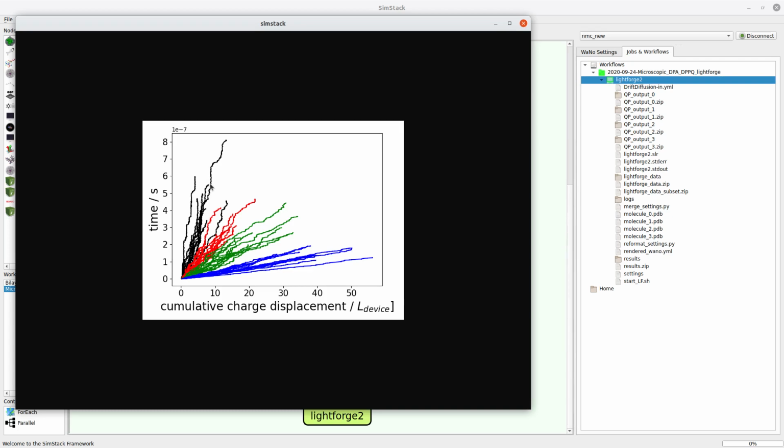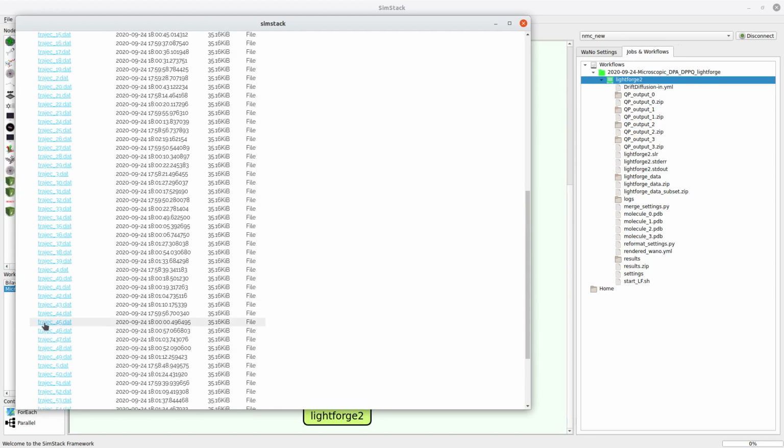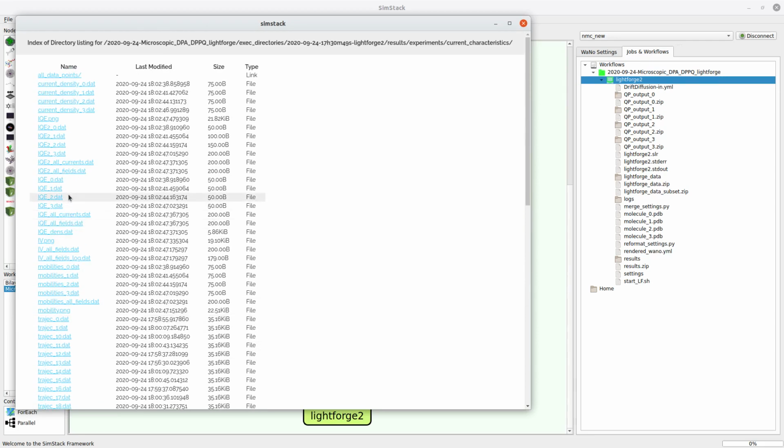On the x-axis we have a measure for the cumulative charge displacement in units of the device length. So we can see that for all fields the charge has passed an appreciable distance with a more or less constant slope, so this is a well converged simulation with regards to the current density. We go back and we locate the file